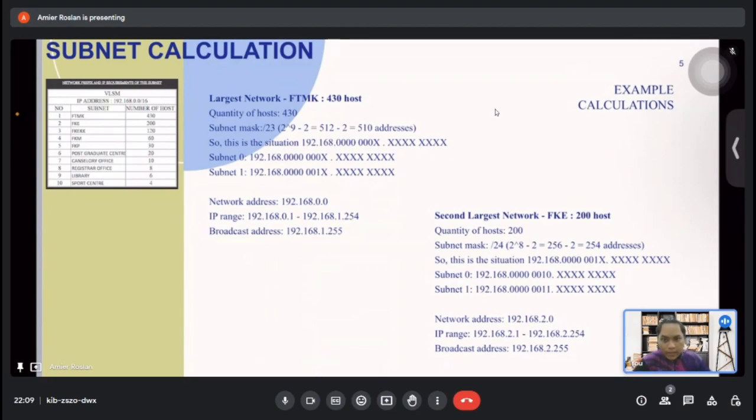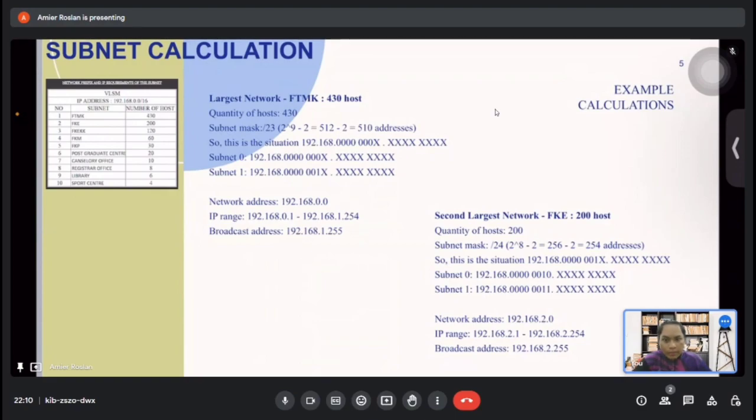Next, after we find the subnet mask, we have been given the IP address, which is class C 192.198.0.0. As we can see, the h is 9, so the bits left are 9. So we must use 9 from the right. Okay, so we can find subnet 0 and subnet 1. From subnet 0, we can find the network address, which is